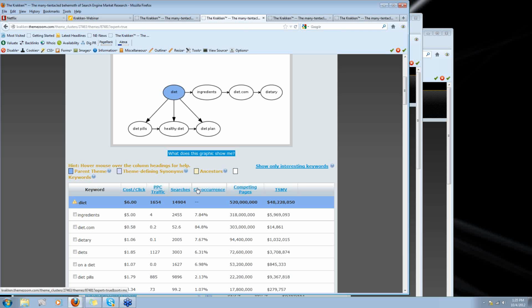But I love co-occurrence because it's really obvious by just looking at what Sue drilled into here that ingredients somehow is a concept, an idea, or a meme that is related to the diet industry in general, right? Obviously, common sense would tell you that, but what you don't know until you look at this is, holy crap, 7.84%, which as you get to know our software, you'll realize is actually a fairly high co-occurrence overall. It's not as high as 84%, obviously, but anything above 3% co-occurrence means that